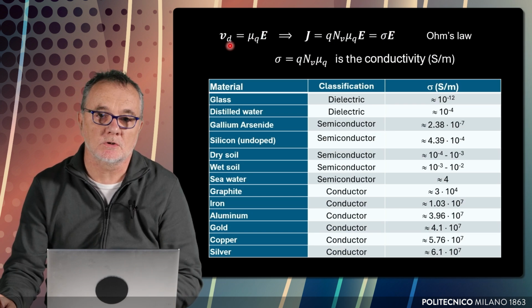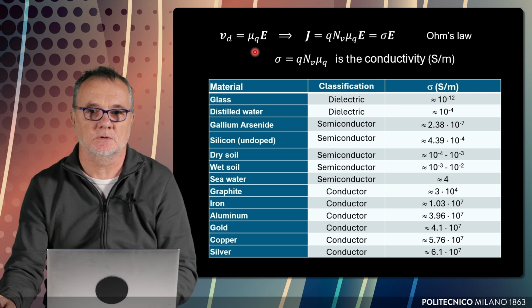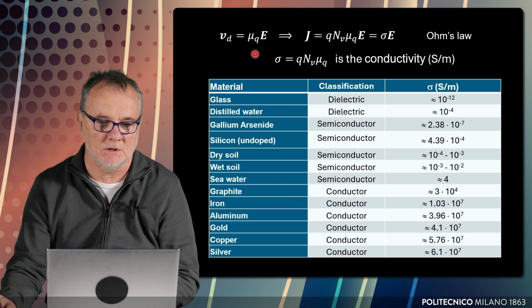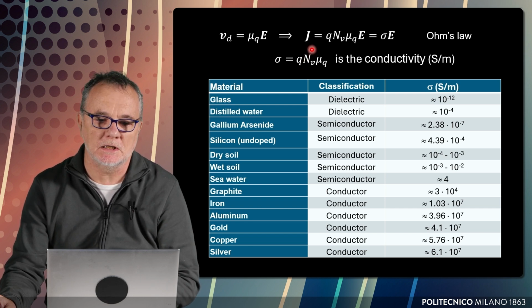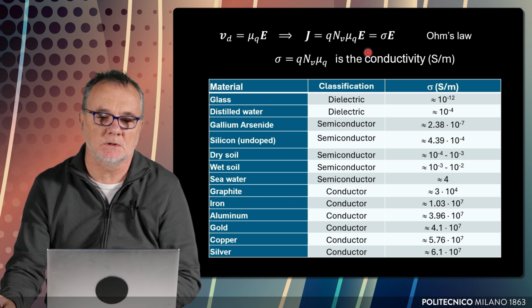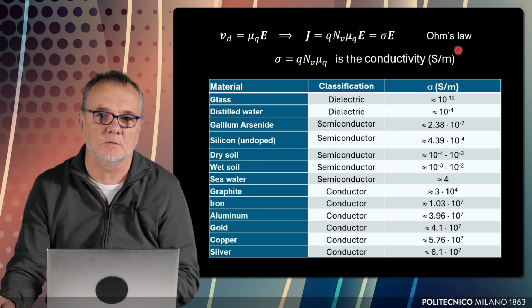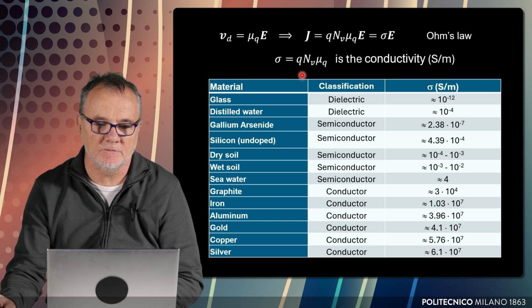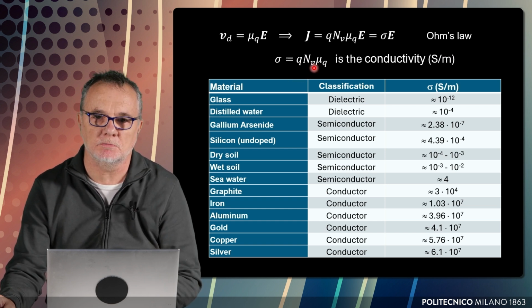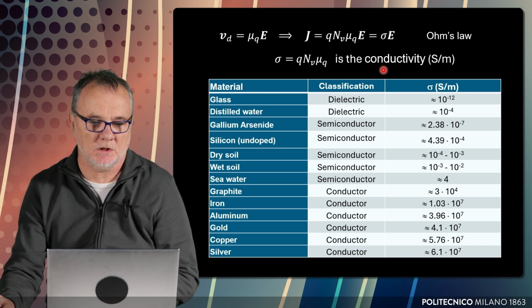Okay, the drift velocity is proportional to the electric field. This is something very intuitive, because the stronger the field, the higher this velocity will be. And the relationship between the current density and the electric field, once we substitute their expressions, can be represented by a single quantity, which is the conductivity, sigma, measured in Siemens per meter, and represents this expression, J equals sigma times E, Ohm's law at the microscopic level. Sigma, therefore, has the value of the charge times the number of charges per unit volume, times this proportionality constant, which is called the mobility of these charges.